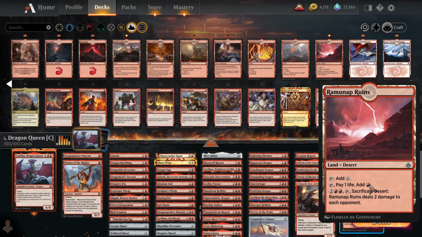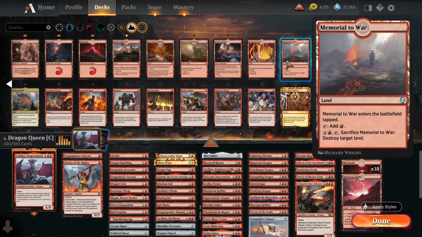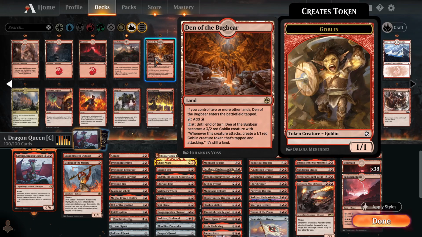So if your opponent ever ends up at 1 life and you're like, oh no, I don't have any way to get that damage in, sometimes top decking Ramunap Ruins instead of a mountain can win you the game on the spot. So really nice card. This was a standard mono red staple for the entirety of its existence in standard. And yeah, I'd be happy to play that in here, just spice up the mana base a little bit more, but I really don't want to play any lands that enter tapped